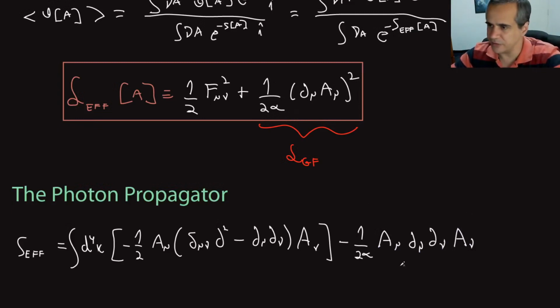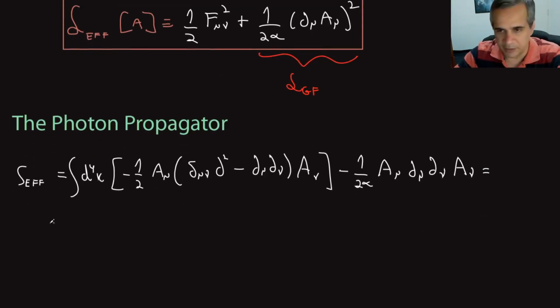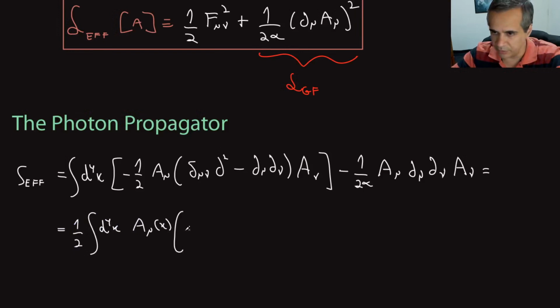It's the gauge fixing part, and it will contribute this small contribution here to the operator, which we can now write. We can write the whole thing as half of the integral d4x, A mu of x, and here comes the operator I need to invert, minus del mu nu, second